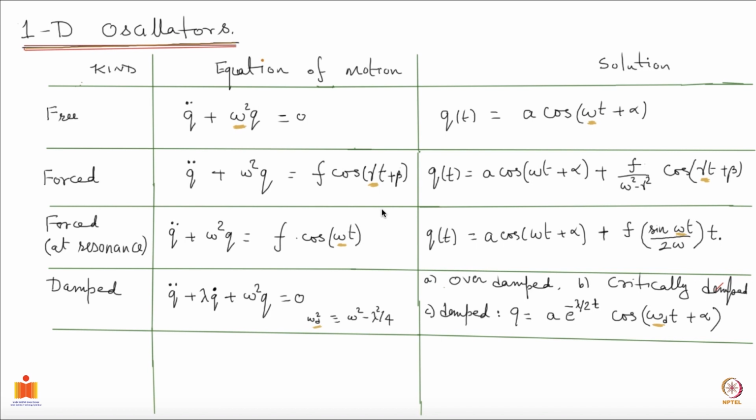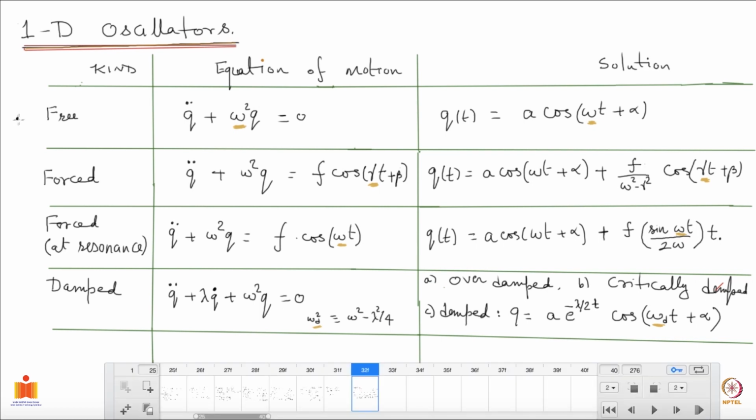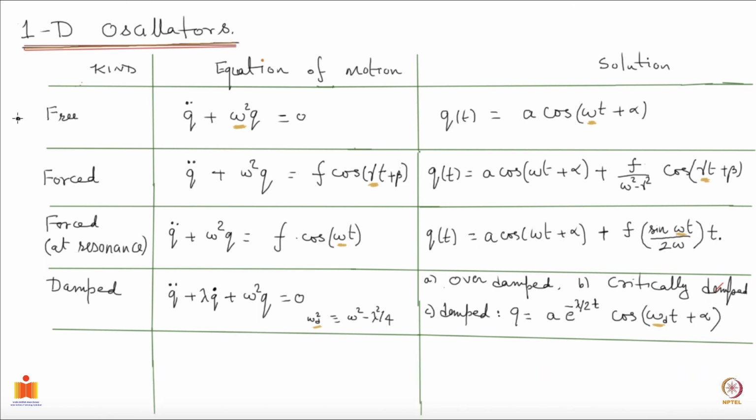I have collected here all the results that we have derived in the context of one-dimensional oscillators. So here you see the first entry is that of a free oscillator, meaning there is no damping, neither are there any external forces. So here omega square is the natural frequency of the oscillator, and this depends on, for example, the mass and the spring constant, actually the ratio of it, and the solution is a cos omega